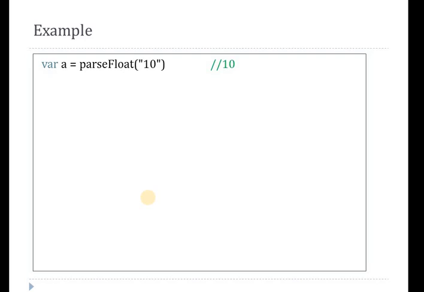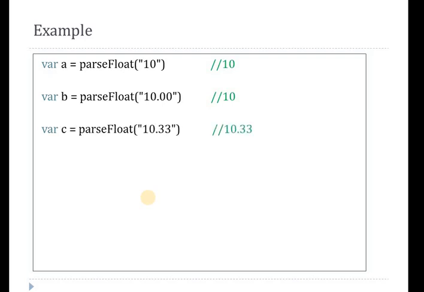In the right side portion, whatever I have mentioned in the comment is the expected outcome if I print variable a. After that b, parseFloat 10.00, is also 10. After that, parseFloat 10.33 is 10.33.